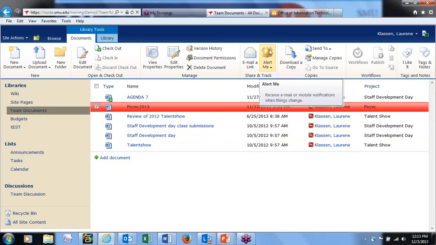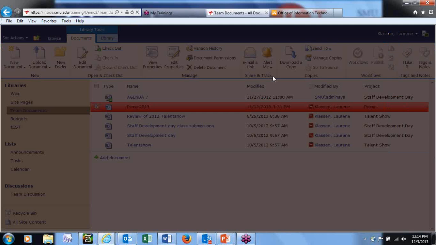So for example here, this is an alert me. And basically you can set up an alert on a particular document. Now here is an old document from last year's picnic, which was the sample that we used. But let's say, for example, whoever's putting together the event of the day is planning the event, they've got all of their agenda items on there, and maybe they're collaborating with other people on campus. So the way that they've set up their team site is not for one particular department, but it can be used for people across campus working on a particular project. So in this particular example, they set an alert,